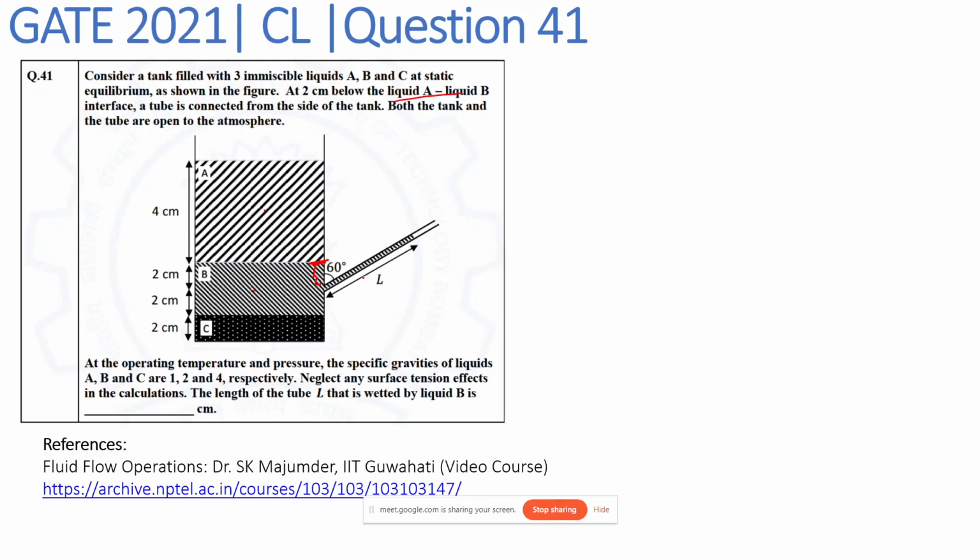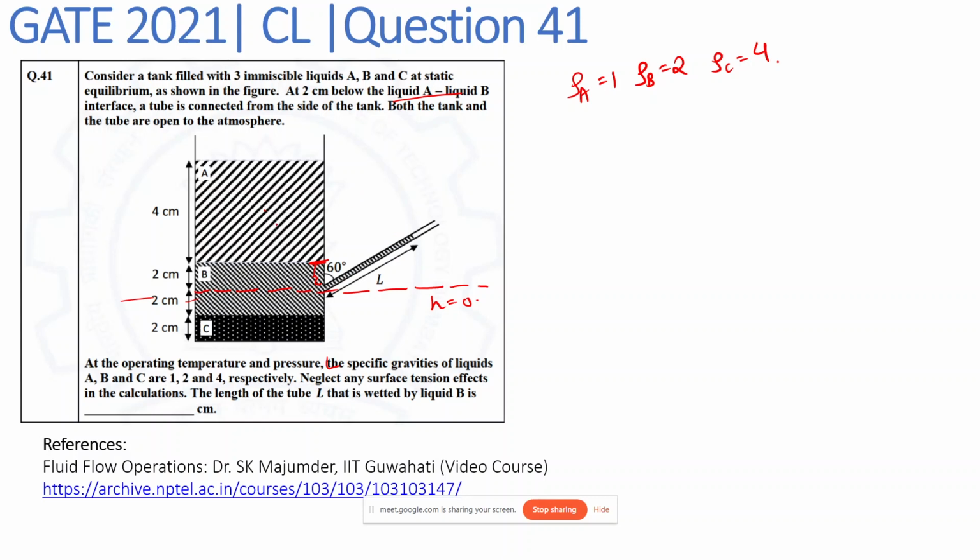For that we have been provided the specific gravity of the liquids A, B, and C. So rho A is 1, rho B is 2, rho C is 4. So we can consider this interface as our reference level, that is where H is equal to 0. And using this reference level, we can write the pressure balance on both the sides and equate them to find